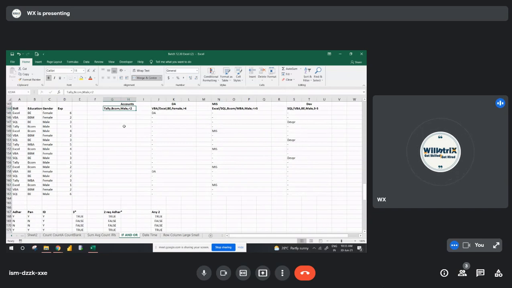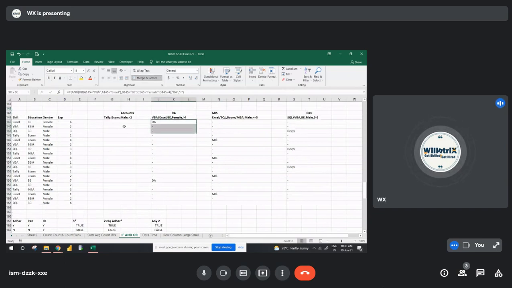Then I will go with an example here, some scenarios on this AND and OR function. First, I'm looking for male or female, and here I have data with,